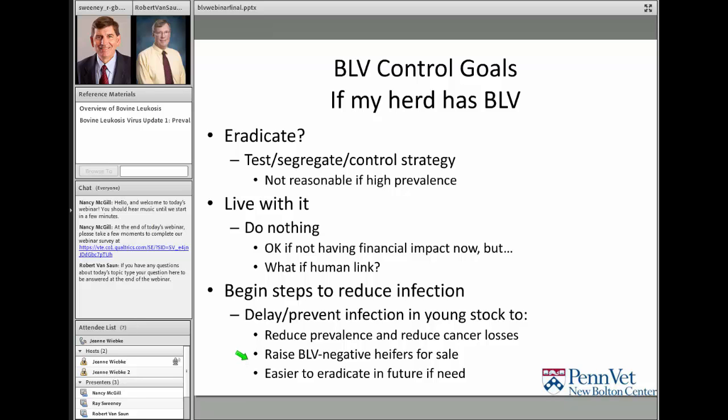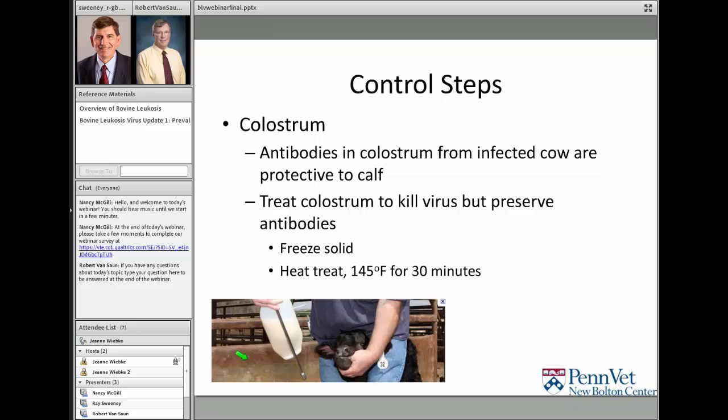And then if you do get in a situation where we need to eradicate it in the future, you'll be poised to do so. So what are some of these steps? Well, we think about how animals are infected and we try to prevent the transmission. One has to do with colostrum management. Colostrum is a double-edged sword. If the cow is infected, she'll have antibodies in her colostrum, and that may actually help protect the calf. But the colostrum might also have virus, which could